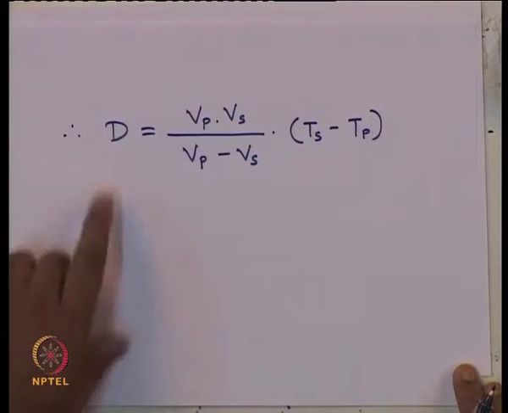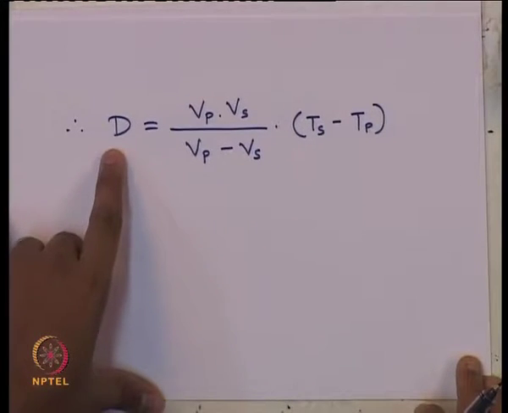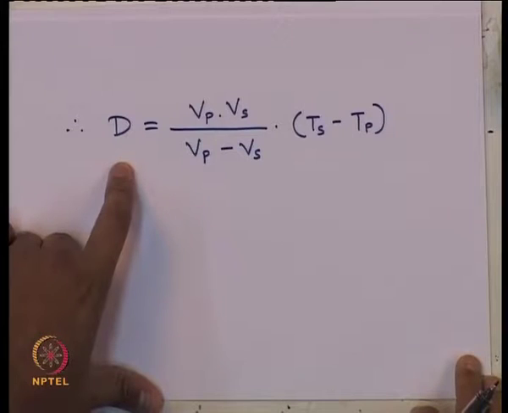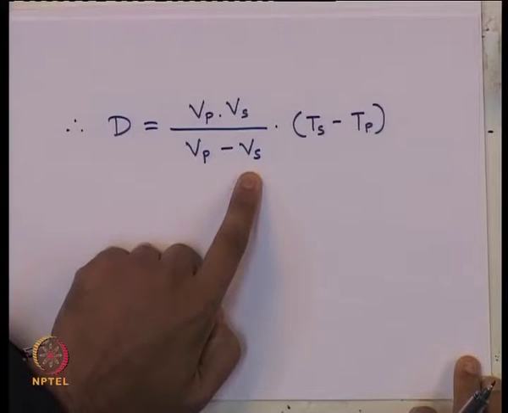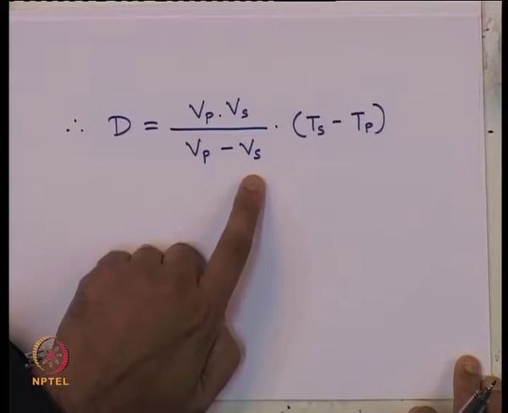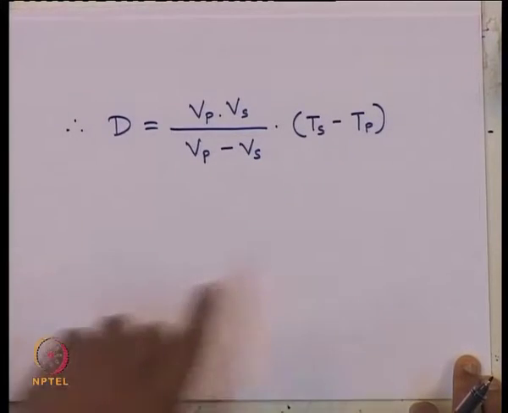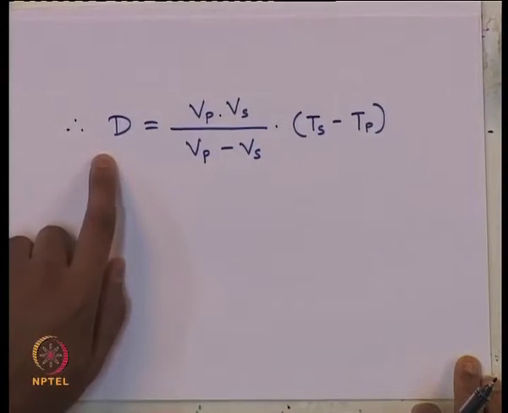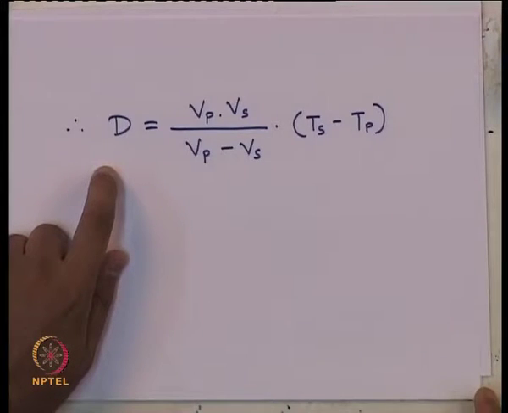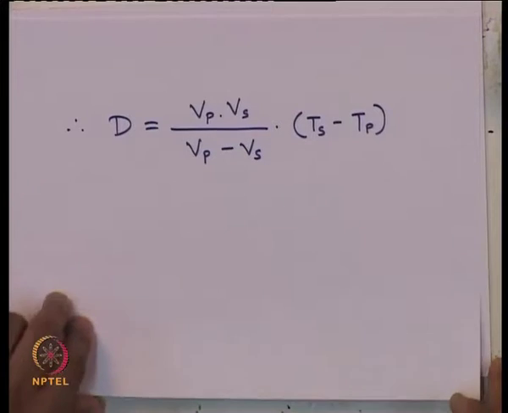Okay. So, this is the simple expression. We can find out the distance of an epicenter from a seismological recording station. Any station which is recording both P wave and S wave, knowing the crustal P wave velocity and shear wave velocity, which I have already mentioned their typical values, and the recording times of S wave and P wave, very easily we can compute the distance between the epicenter of the earthquake and the seismological recording station.